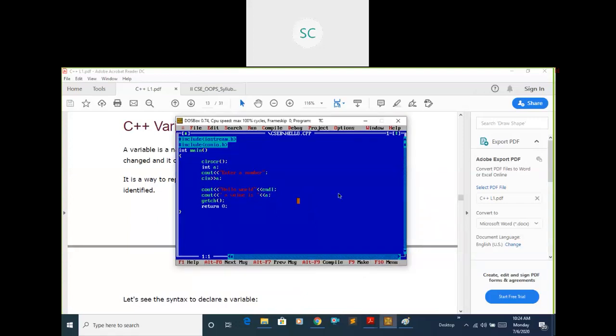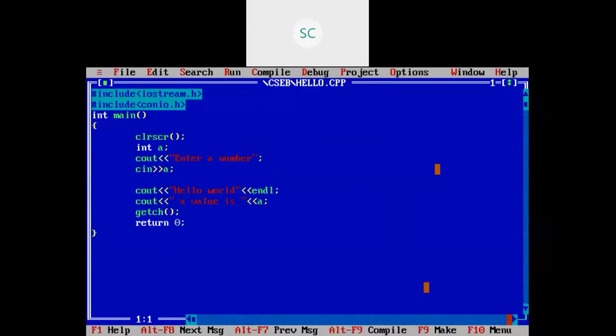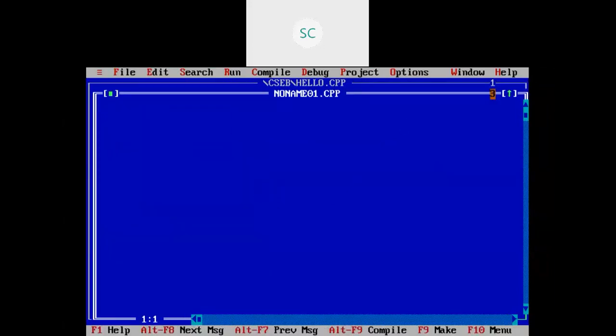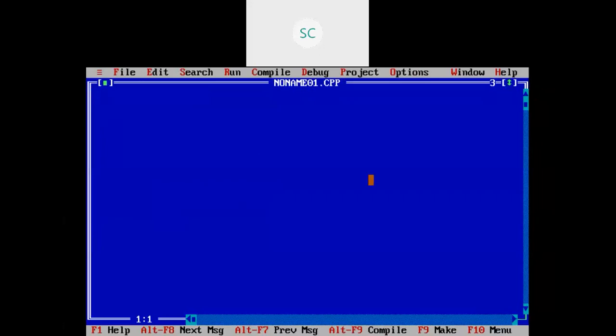Okay, better I will show one example program here, then you will get some clear idea how we are using cin and cout. Just observe here. I'm going to write one program. My aim is to read two numbers from the user, store one number in one variable and the other number in another variable, add both numbers, and then print the sum of those two numbers on the output screen.